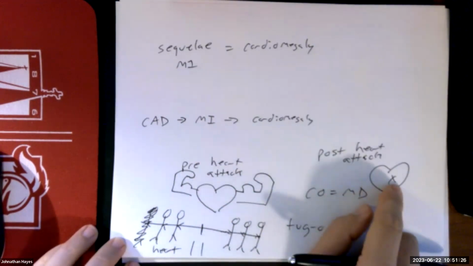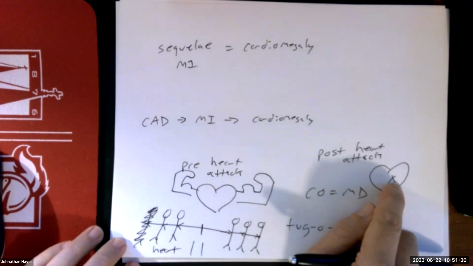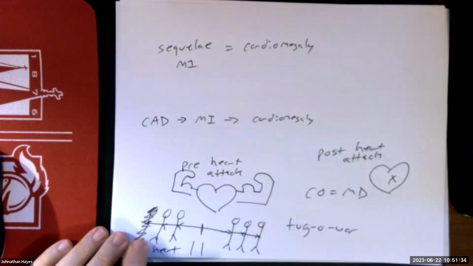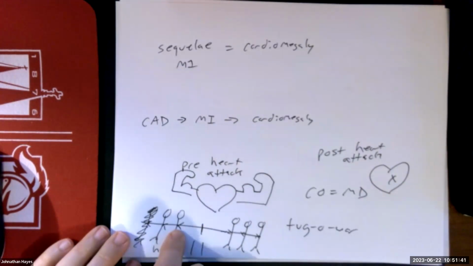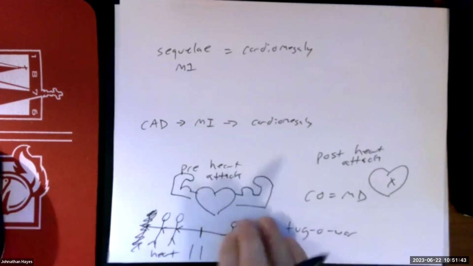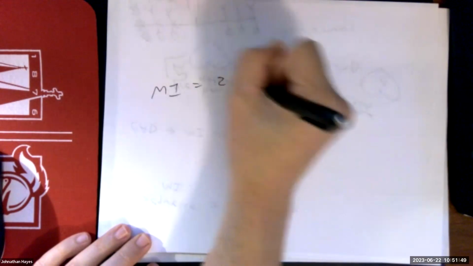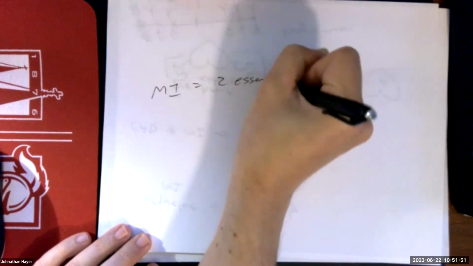Because that tissue is now maybe turning into fibrotic tissue. It's not viable muscle tissue anymore. So post-heart attack, you've lost one of your guys in the tug of war match. So guess what happens? These two guys have to work harder forever, for the rest of their life, right? So usually when a person has a myocardial infarction, you get what's called 2 essential effects,